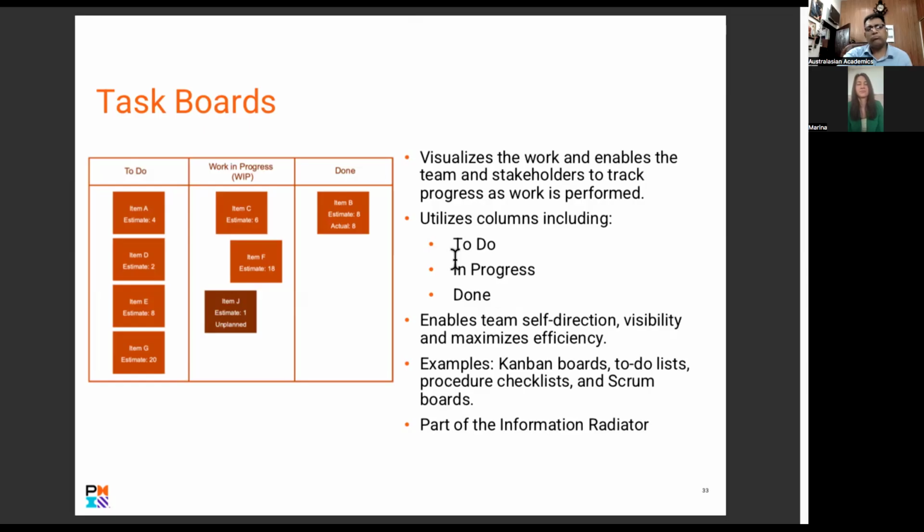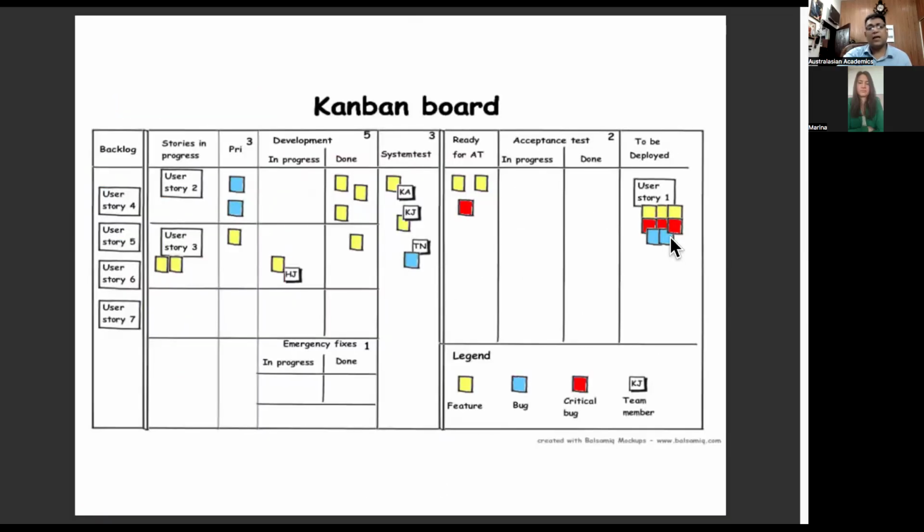Task boards, again, are like a Kanban board. We'll come to that in Agile. They use Kanban. It's a very big visualized board with different pieces of tasks and sprints that teams need to pick up and then create a sprint backlog for themselves. This is a Kanban board. A Kanban board looks a bit like this. They're doing digital Kanban boards as well, but it's very simple, full of colors.